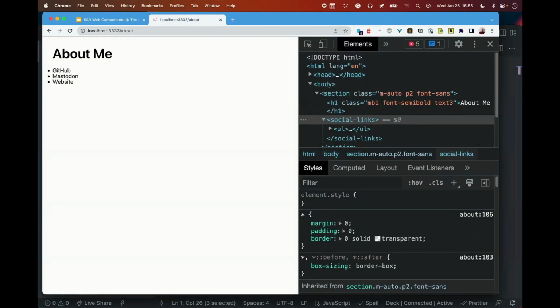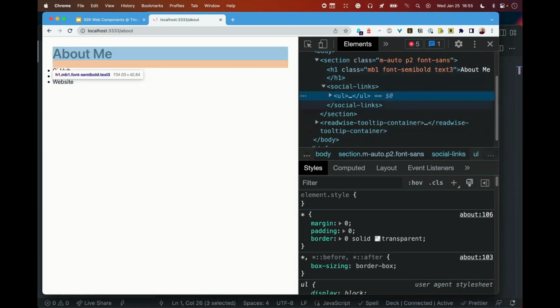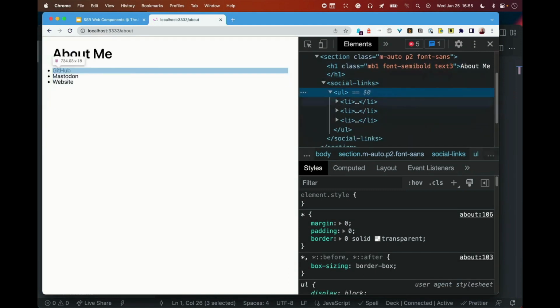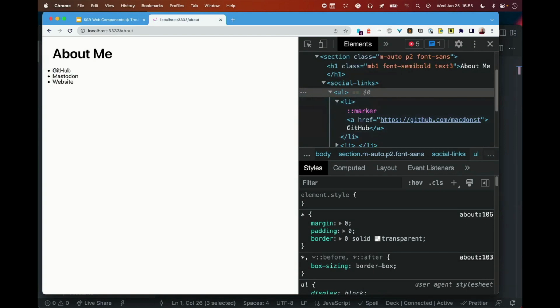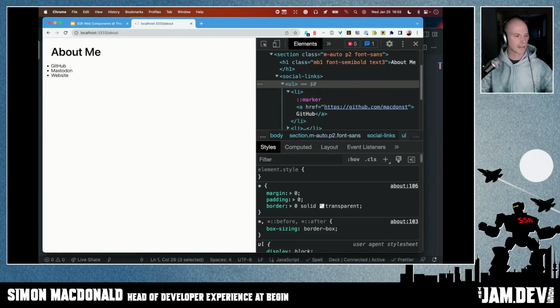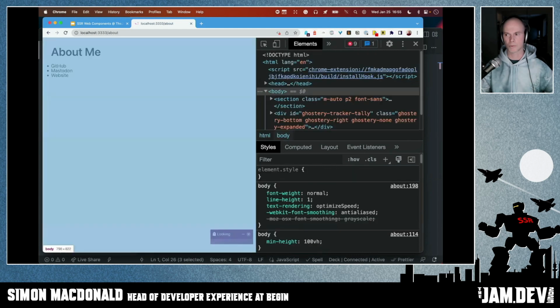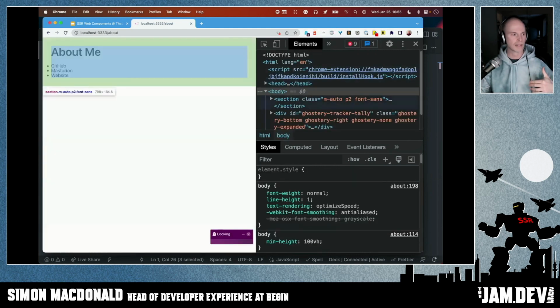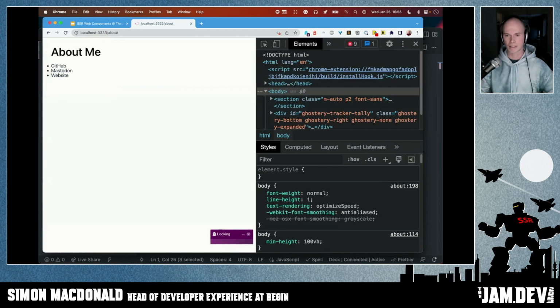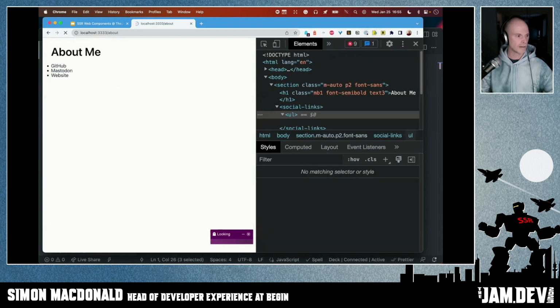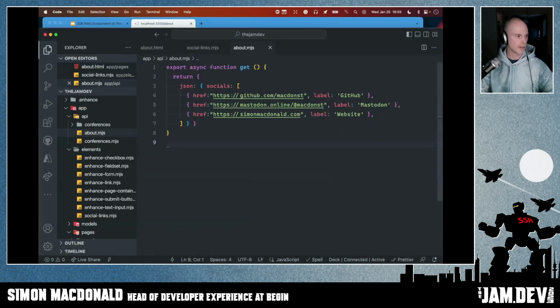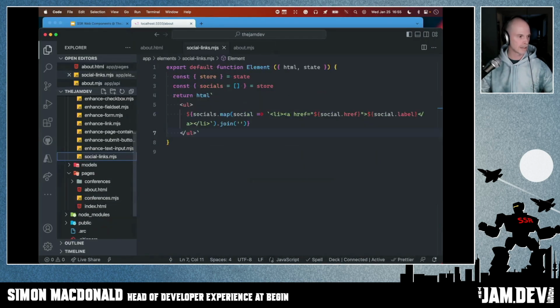If I go back over here, the hot reload has already taken care of it. So our unordered list is populated with all of the different list items, which is all of the different places you can find me on the interwebs. So, not super sexy, but it works. And the nice thing is, if I turn off JavaScript here and refresh that page, it still works, because all of that data is coming down from the server already. It won't break. One of the other fun bits I would mention, if we go into our social links side of things,